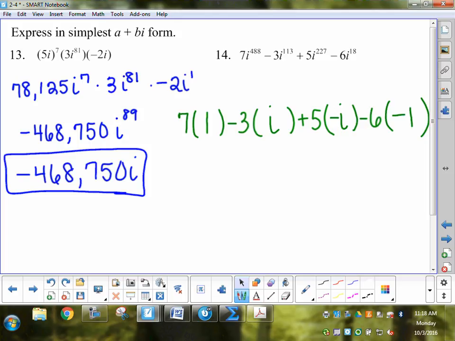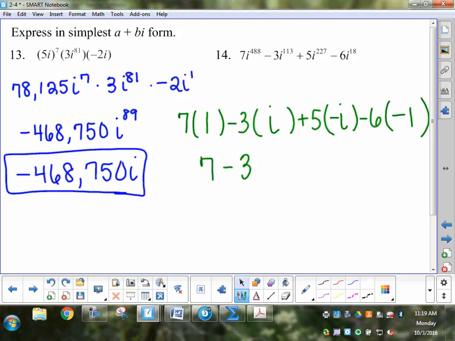So now I'm going to simplify and watch what happens. I've got 7 minus 3i minus 5i plus 6. What's that? Yeah, because it's negative 1 times that. Who can tell me what this is going to condense down to in a plus bi form? Go ahead. Now,